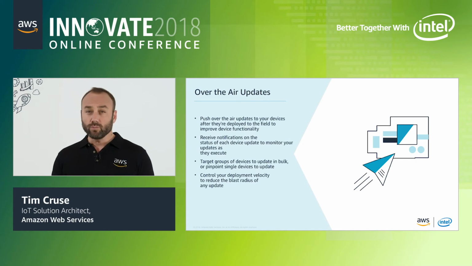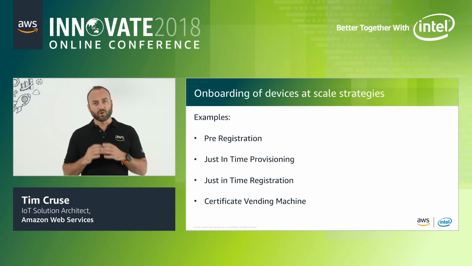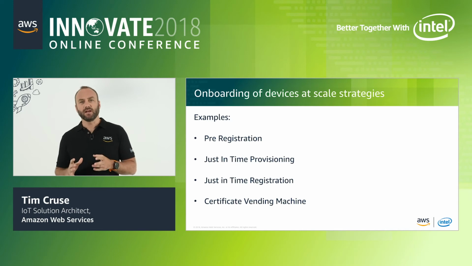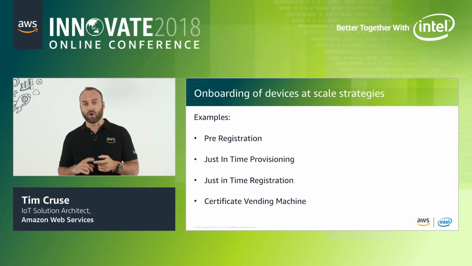You can target groups of devices to update in bulk, or pinpoint single devices to update, giving you very granular control over your fleet updating process. With such control over your fleet, you can control the blast radius of these updates. So AWS IoT Device Management adds very powerful functionalities for you to manage your fleet of devices at scale: monitoring,